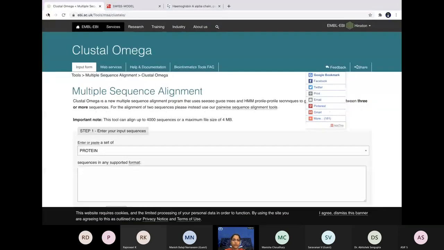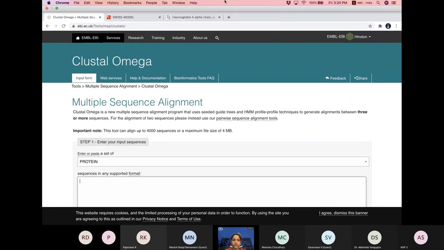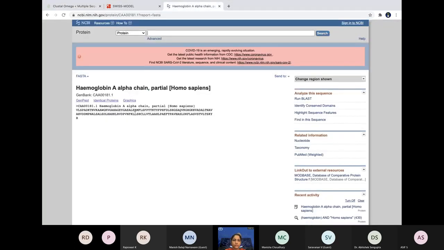Then we'll paste this particular FASTA sequence here.